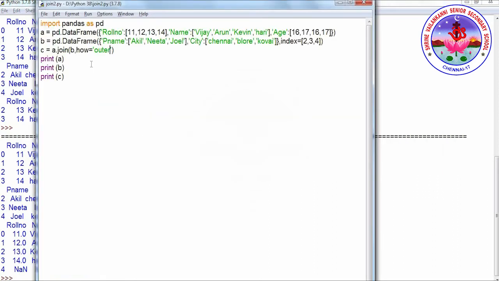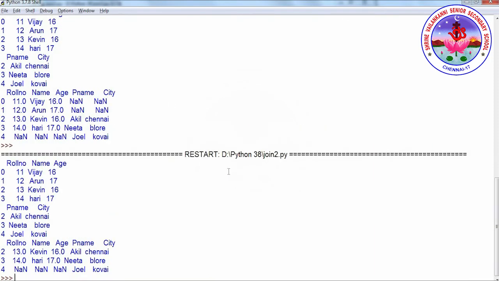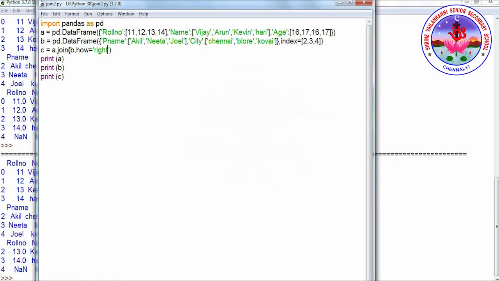The next one is right join. Here you're going to pause the video and find out the result. What is the value for right? I can see here we have only 2, 3, 4. So why is it 2, 3, 4? Since this is right join, all the values from right. So what is the right? We have B, that is the right data frame. Whichever data frame we write on the right side of the join, that is called right.